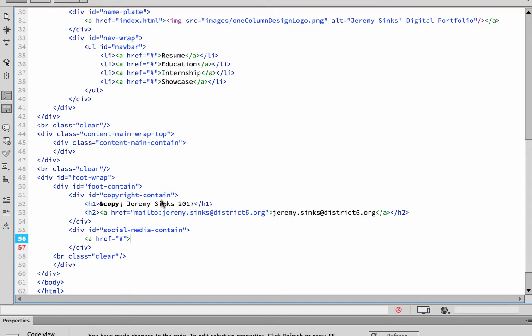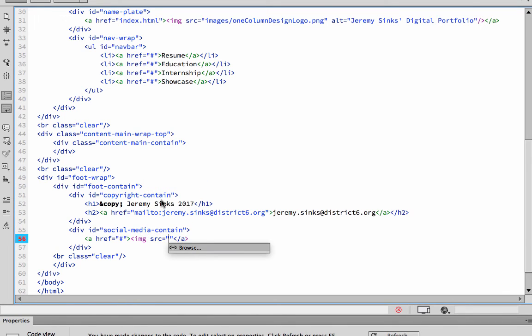So if you are uncomfortable with putting in your actual social media link, and I totally understand that, then just put in a hashtag like I have. If you want to, we think it would be a good idea for you to create a LinkedIn social media profile, and then left caret / to end that link out, and then move your cursor to the inside of those two carets, and we're going to type in a left caret image src for source,